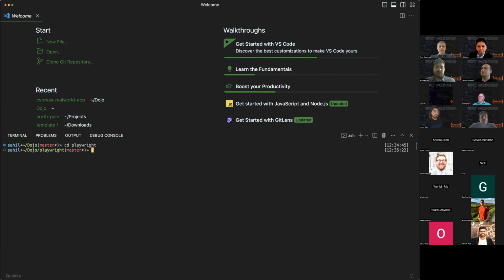Vidal, I know the command, but would you like to reiterate for us? Yeah, the command I just posted in the chat is npm init playwright@latest, and this command is going to both install Playwright and also set up some predefined files in your project.